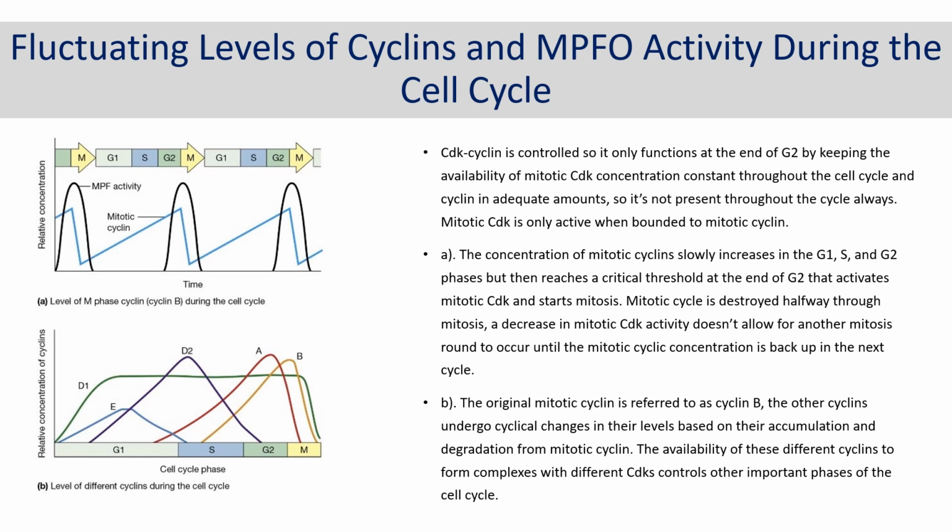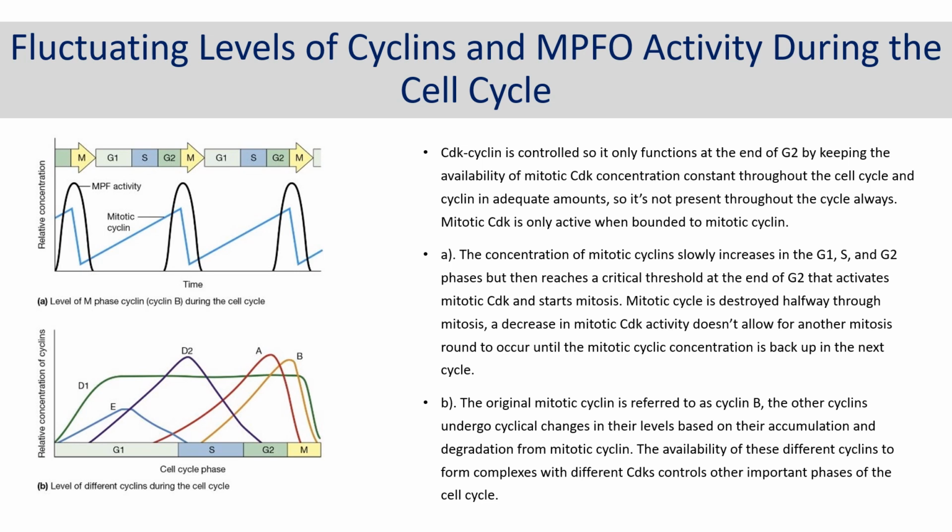And so figure A showcases the level of M-phase cyclin during the cell cycle. So you can see the gradual increase of mitotic cyclin in the G1 and S phase and then it meets a threshold at the end of the G2 phase that binds to mitotic CDK to form the CDK cyclin complex and start mitosis. Then halfway through mitosis, cyclin is destroyed and the CDK activity decreases, which prevents another round of mitosis